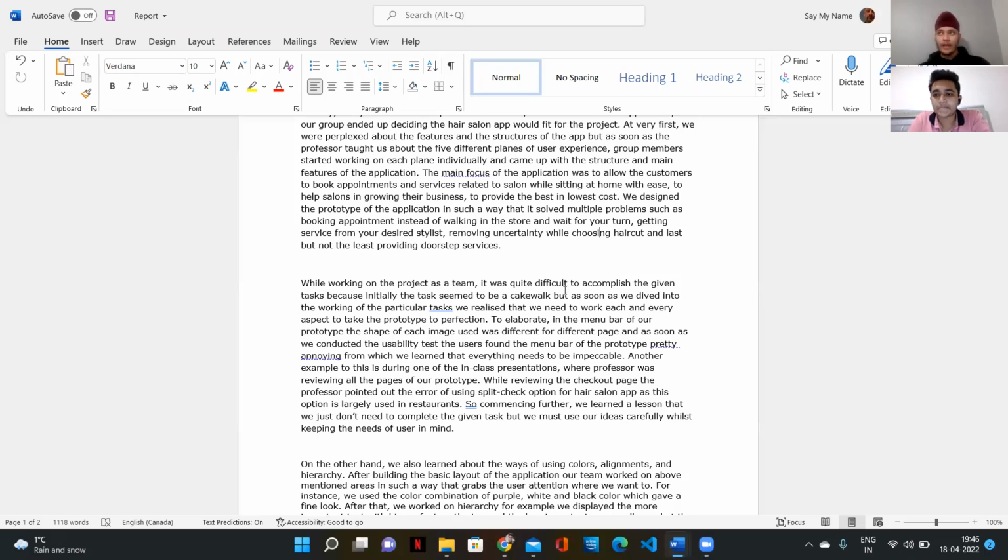In the initial stage, we just made a prototype without any design or features on it. On every single page, the images used in the menu were of different sizes.